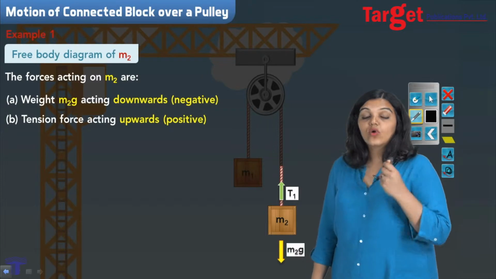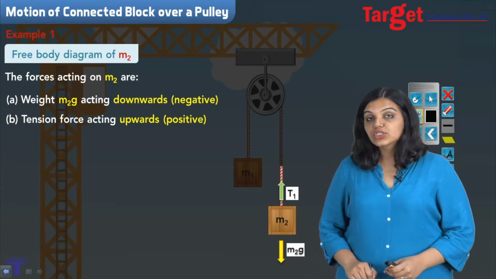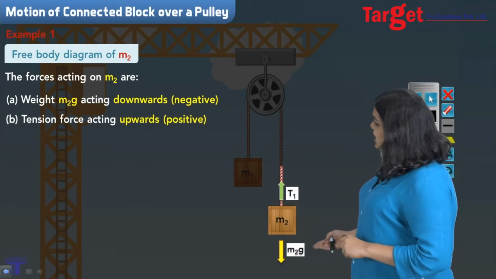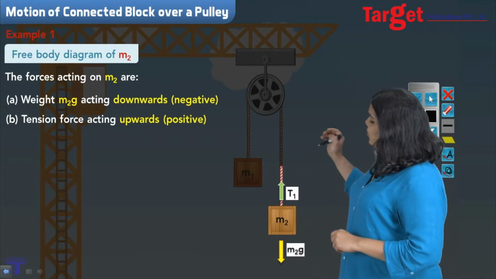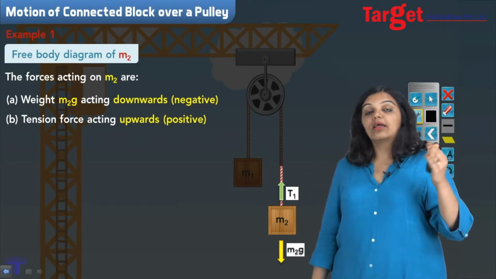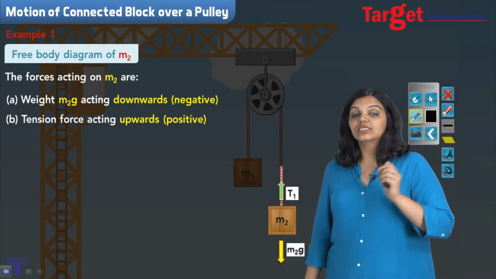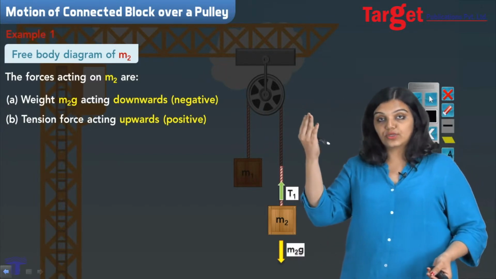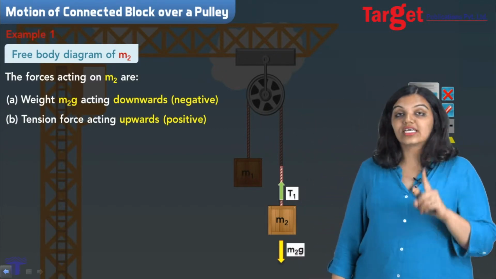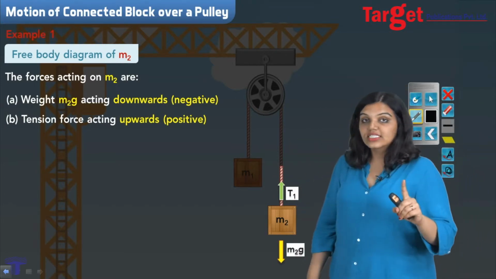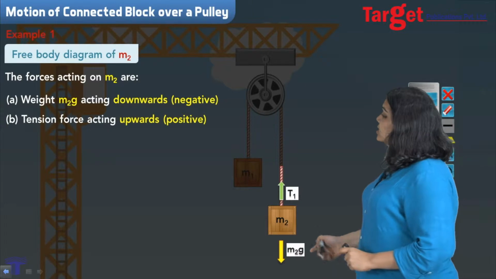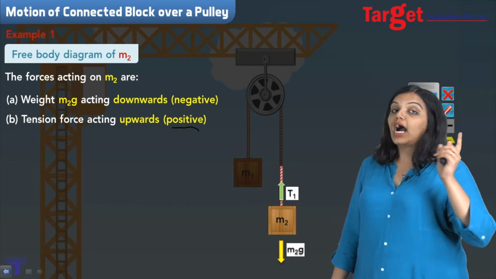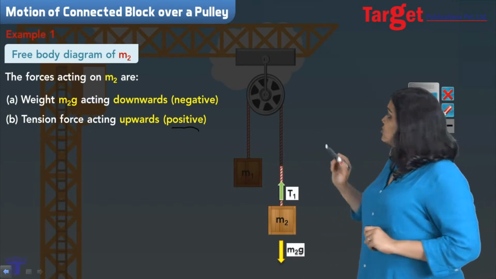But wait a minute, I have always told you when you are trying to find equations of motion to assign a sign convention to the direction of forces. In this problem, I have taken the downward direction to be negative and the upward direction to be positive. In some other sum, I might do exactly the opposite. What I am trying to demonstrate is that it does not matter whether you take the downward to be positive or the upward to be positive, as long as you maintain your sign convention throughout the sum. So notice that in this sum I am using the sign convention that upwards is positive and downwards is negative.